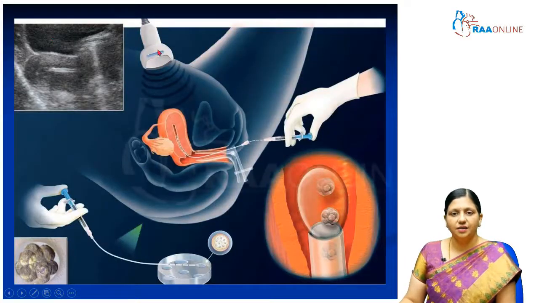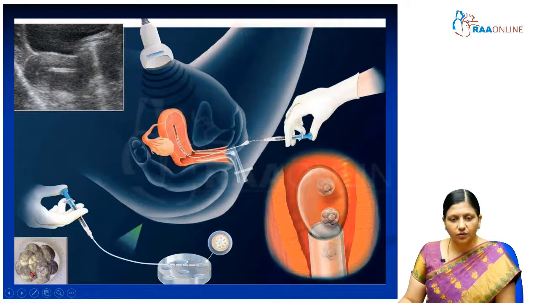This is a transabdominal ultrasound, and this is a full bladder. It requires a bladder window, and this is the Cusco speculum, and this is the embryo transfer catheter. This is the outer catheter, this is the inner catheter. We are showing the afterload technique. So first the outer catheter is placed and then the inner catheter is placed, and it goes 1 centimeter below the fundus of the uterus.